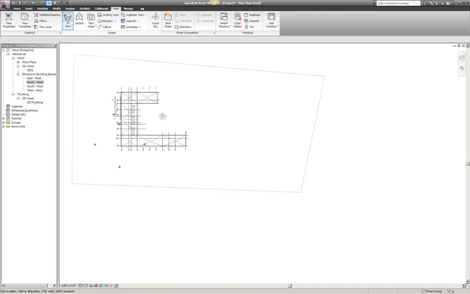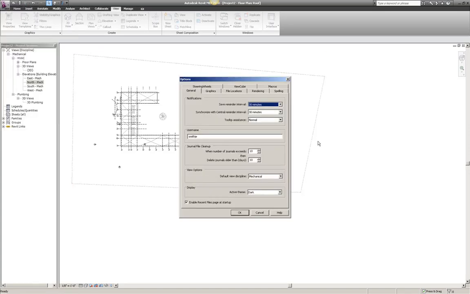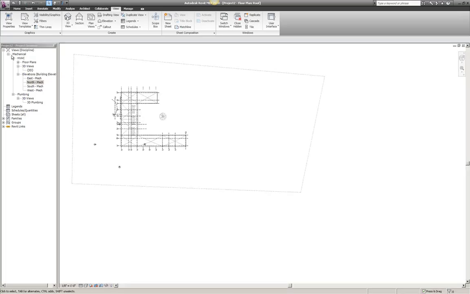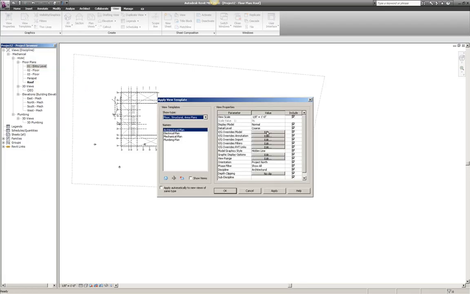And depending on what is in Options, and let me just go there real quick under Options here, it specifies what the default view discipline is when a new view is created. So in this case, it's mechanical. Electrical firms may just want to set their options to be electrical, so they don't have to keep resetting the main discipline for their views. So as we can see, we have mechanical, HVAC, floor plan views. And again, the view template for these by default has already been applied